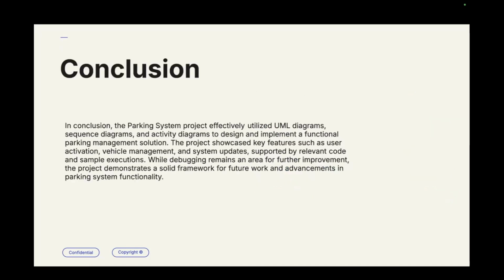So this is the conclusion. For the conclusion, the parking system project effectively utilized UML diagrams, sequence diagrams, and activity diagrams to design and implement a functional parking management solution. The project showcased key features such as activation, vehicle management, and system updates, supported by the relevant code and sample executions, while debugging remains an area for further improvement. The project demonstrates a solid framework for future work and advancement in parking system